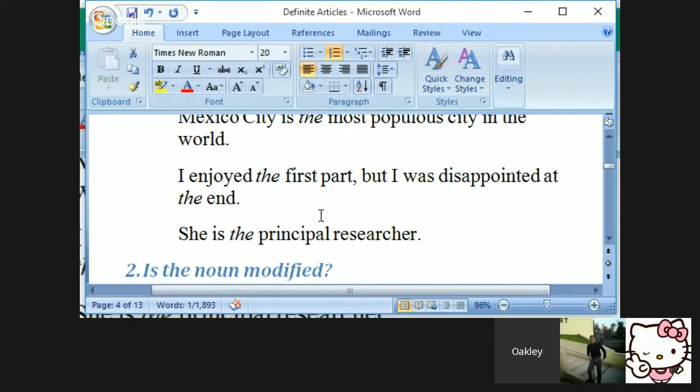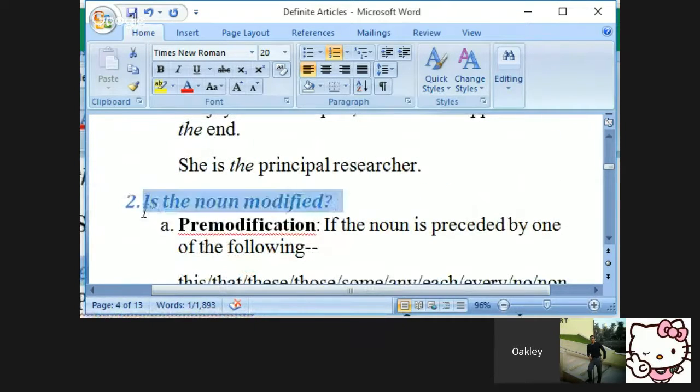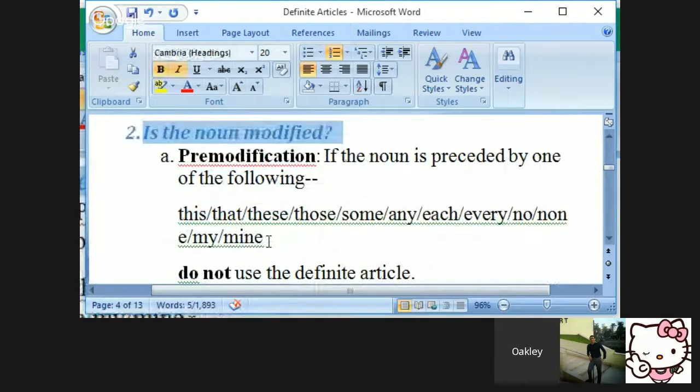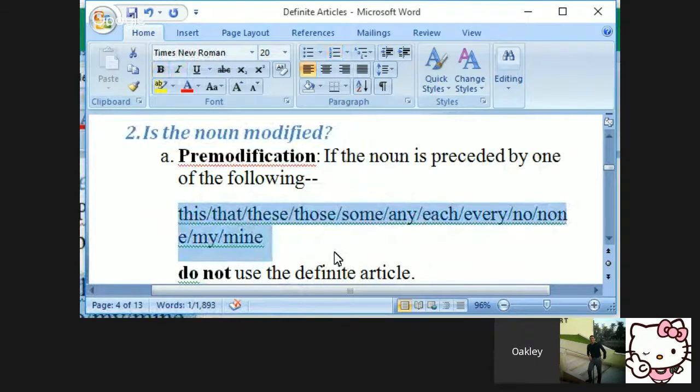I'm good. I'm going through the more general basic rules of when to use the. Okay, number one, is it specific? Is it obvious to the listener, more importantly, that it's specific? Or is it general? Number two, is the noun modified? If you have another determiner: this, that, those, these, or a quantifier: some, any, each, every, or a possessive